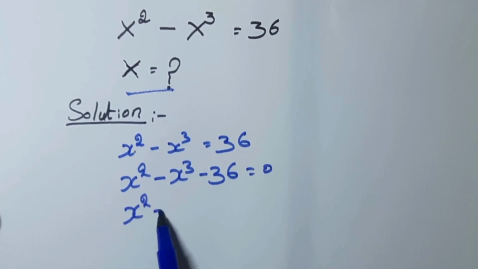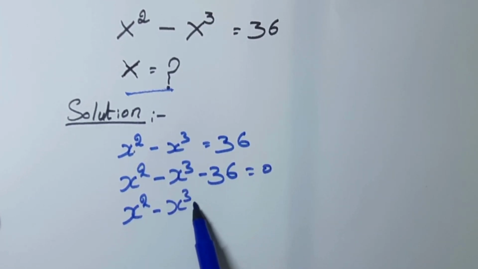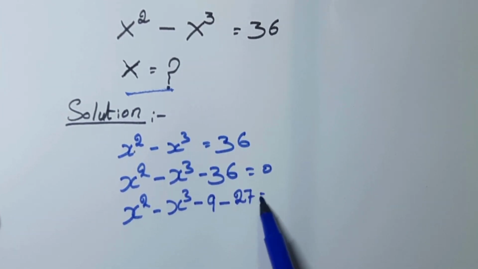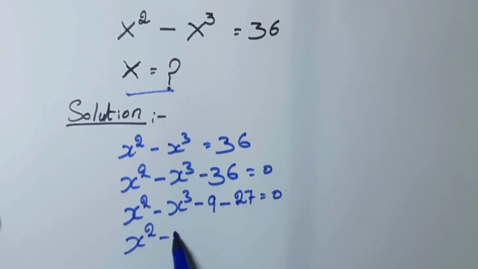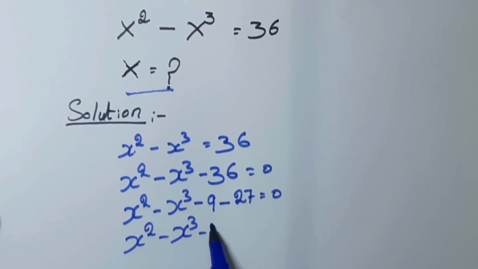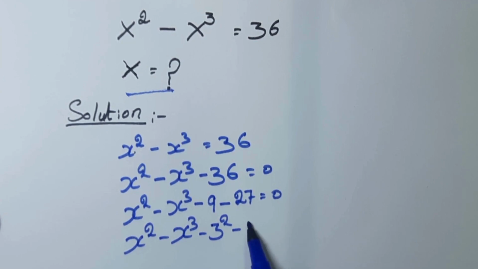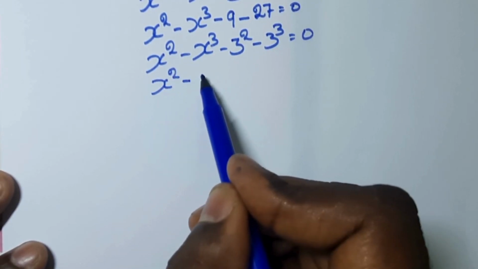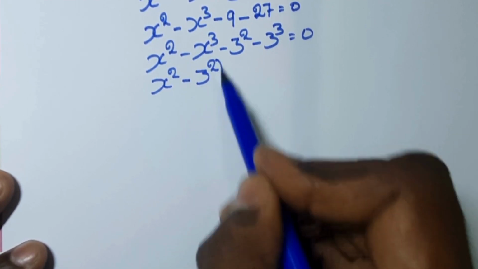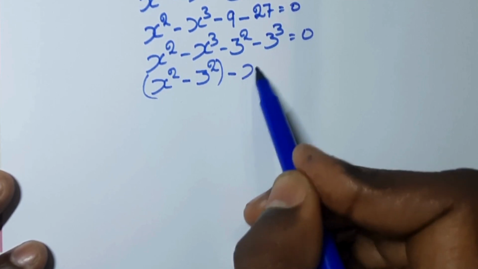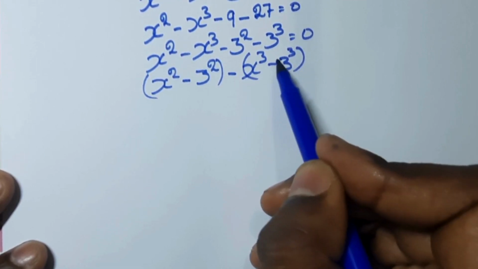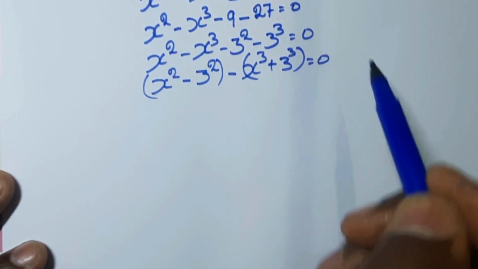x square, x cube minus 9 minus 27 equal to 0. x square, x cube, 3 square minus 3 cube equal to 0. x square minus 3 square minus x cube 3 cube equal to 0. Therefore we know that